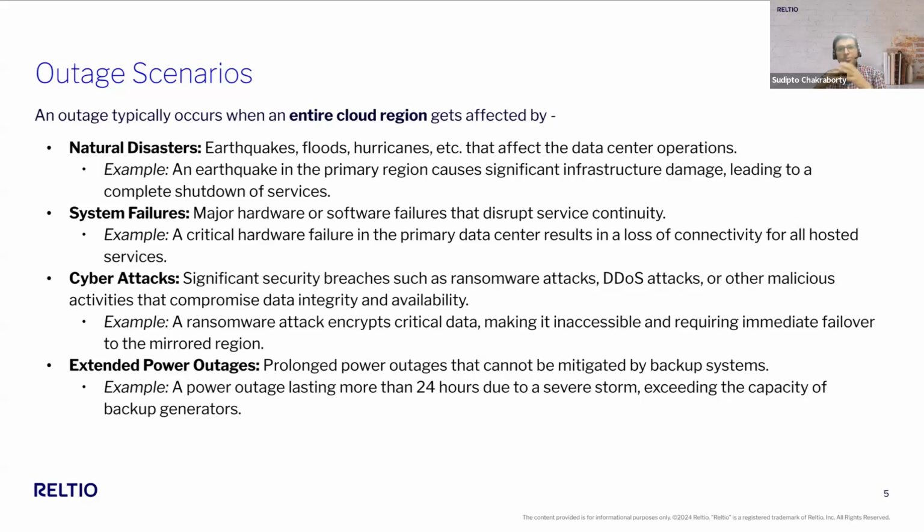It can cause major infrastructure damage, which can lead to a complete shutdown of services. Then system failures, we are all aware of it. Sometimes technology itself can fail. Major hardware or software failures can disrupt service continuity. Think of a critical server or network component frying itself. For instance, a hardware failure in the primary data center can result in loss of connectivity for all